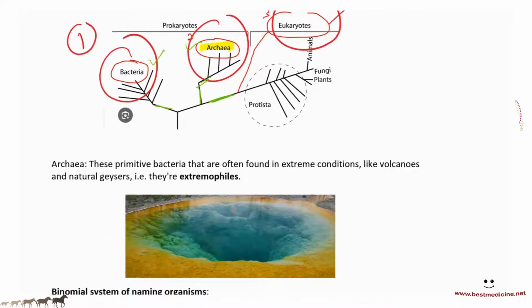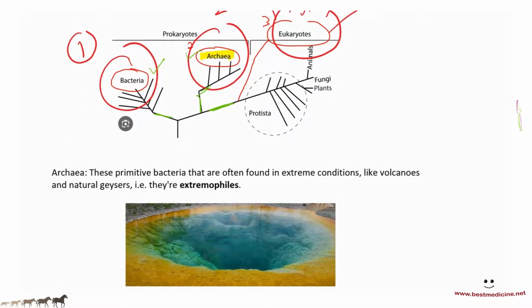What are archaea? We have to understand what archaea is. Archaea are prokaryotes, and these are primitive bacteria. Because these are primitive, you could assume that they are used to the Earth's early environments. The Earth's early environments, remember, had very extreme conditions, like very high temperatures and very weird sorts of gases going on and so on. So archaea, being primitive bacteria, are adapted to live in very extreme conditions, like volcanoes